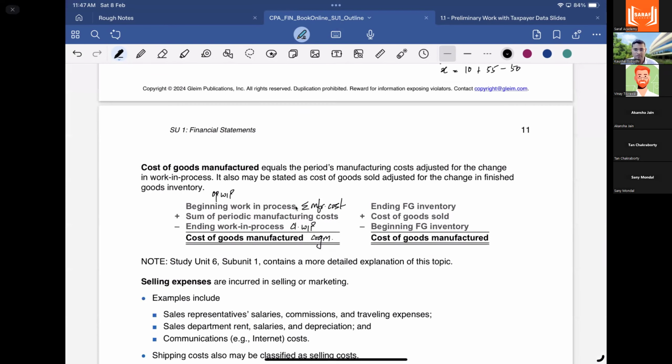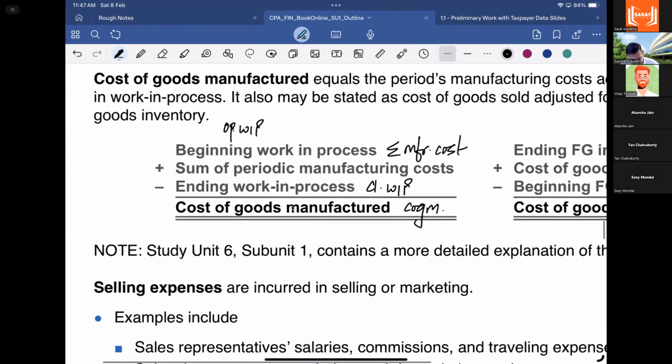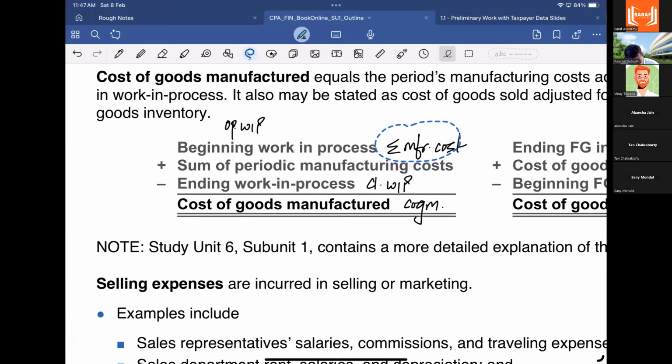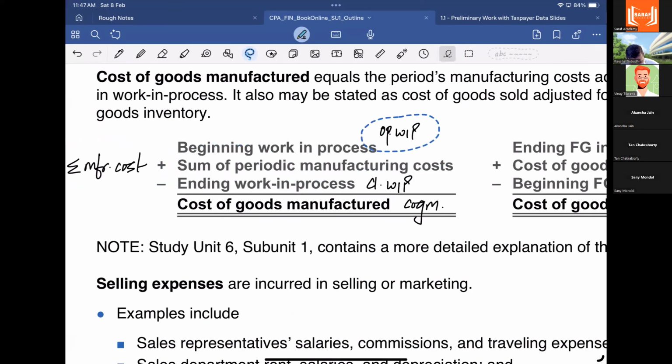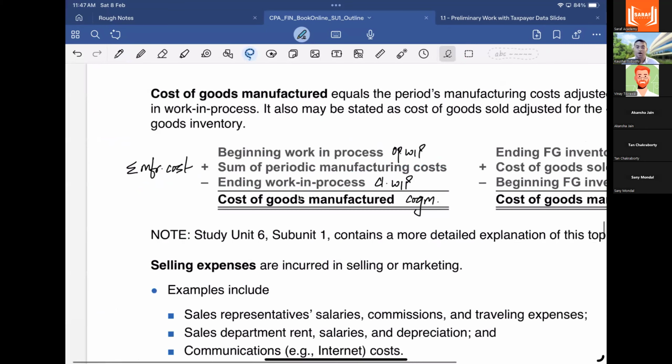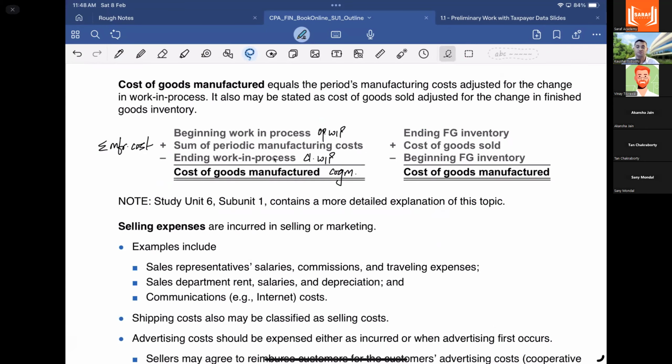यहाँ पे भी ये जो हो रहा है, सॉरी I should not write it down like this, rather I should move this thing all the way over here, right? This looks better, and then this should be over here, right? So opening work in progress plus manufacturing cost minus closing work in progress will get you cost of goods manufactured।